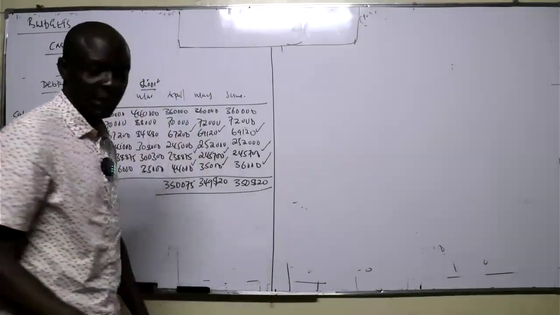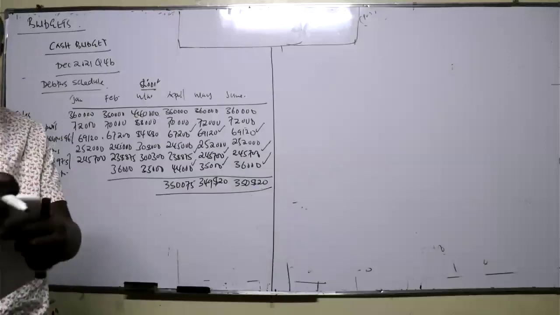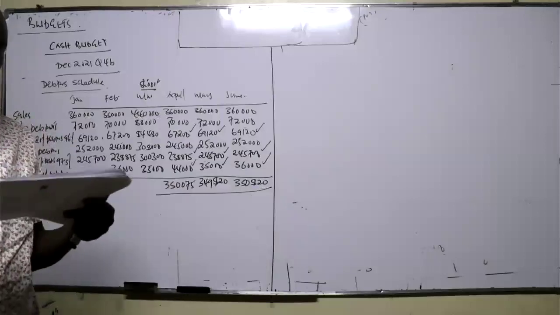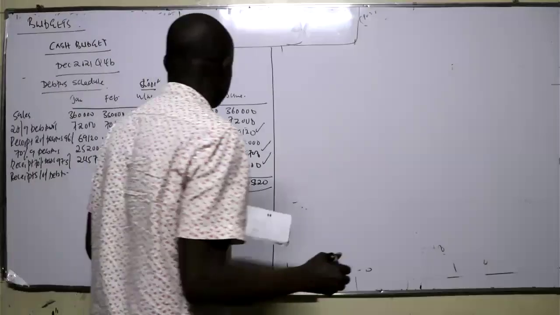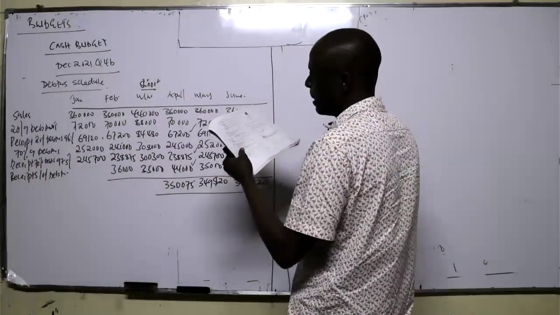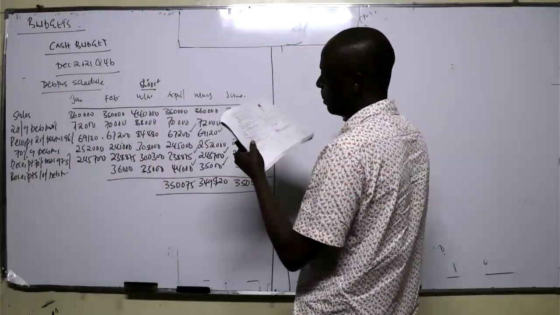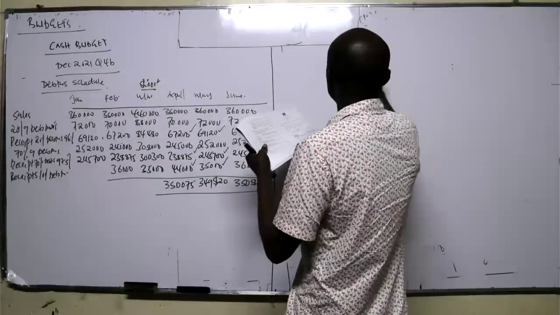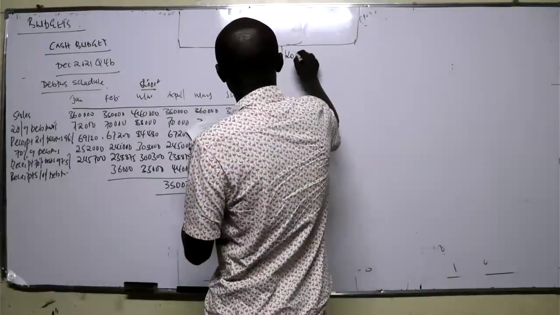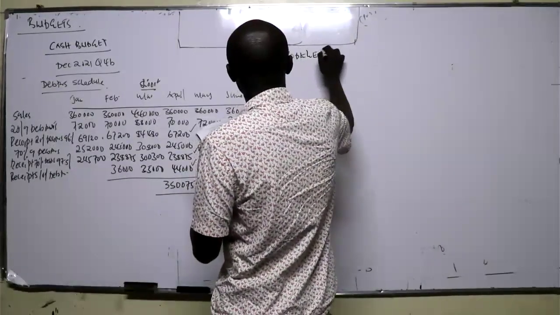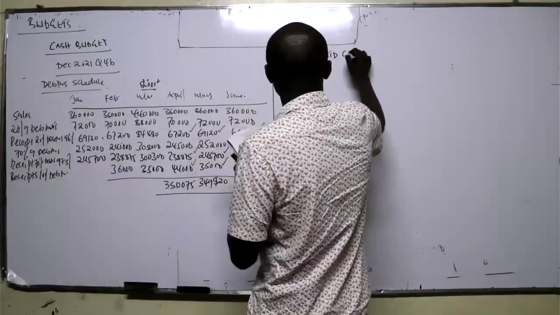And then now we come and write. Now we are through with everything that we need. The others we can adjust them. So here we come here and write Condele Limited. Cash budget